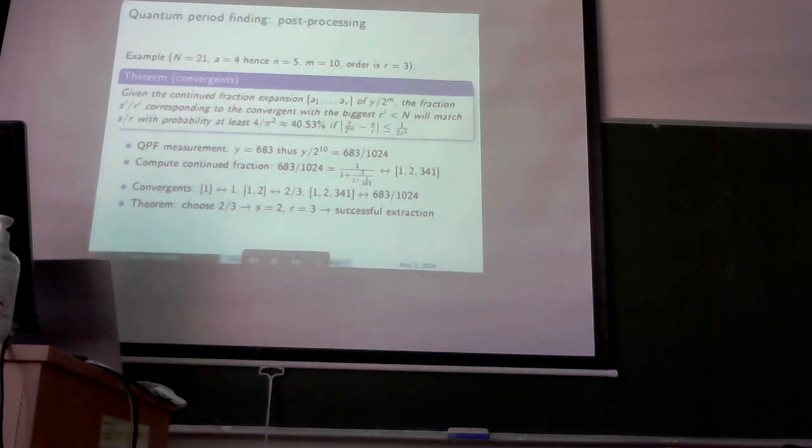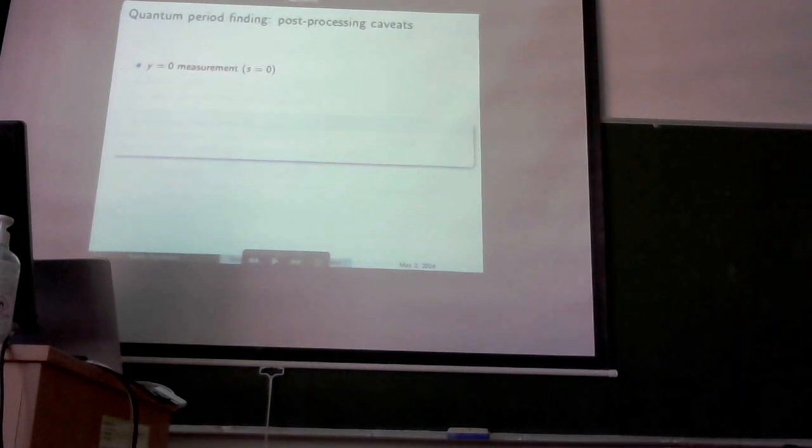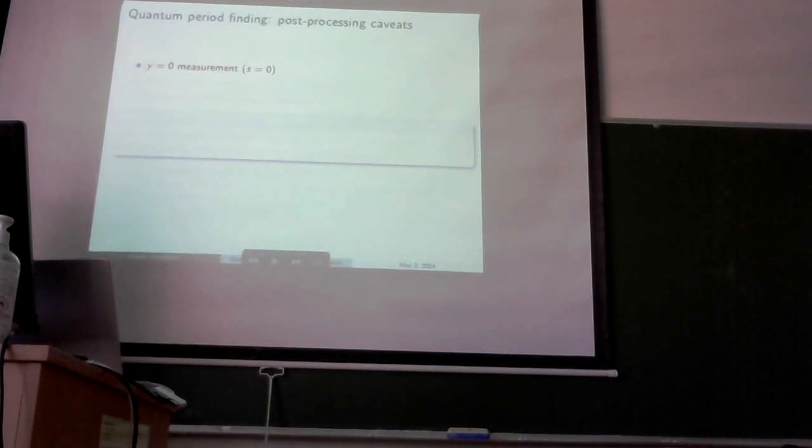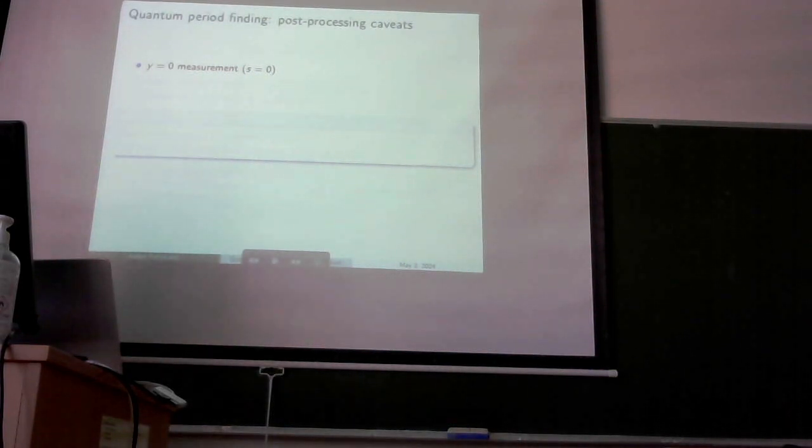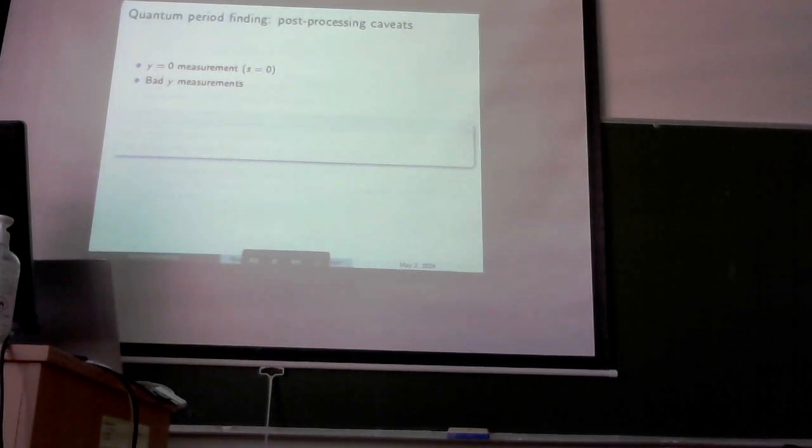But still, this is a nice example, so we have to discuss the possible bad results. First of all, it is the y equals 0 measurement. As I've shown before, the eigenvalue for S equals 0 is always present, can always be measured. And as you can see from this value, we cannot retrieve anything because we cannot compute the fraction or anything. Then, of course, we have the problem of making a bad measurement, which is not the closest integer, and therefore the theorem would not really apply because it is not a good measurement.